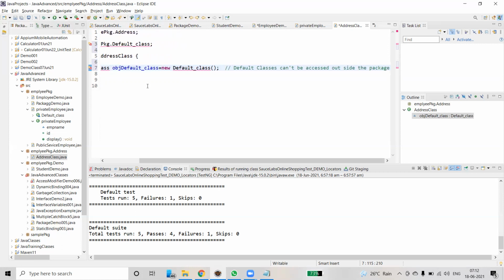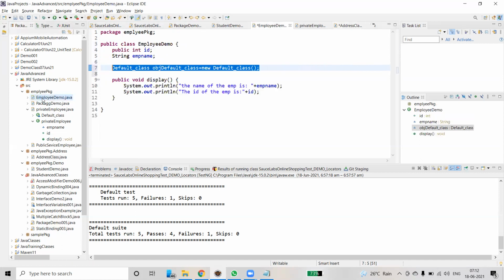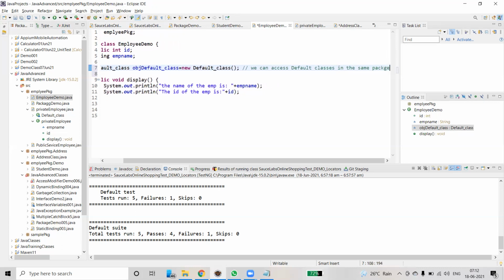And here in employee demo, we can access default classes in the same package. Okay, that is all about the default access modifier in Java. Is it clear?